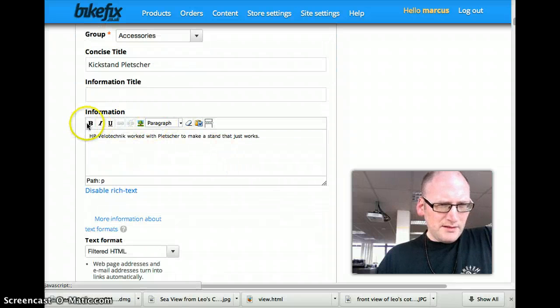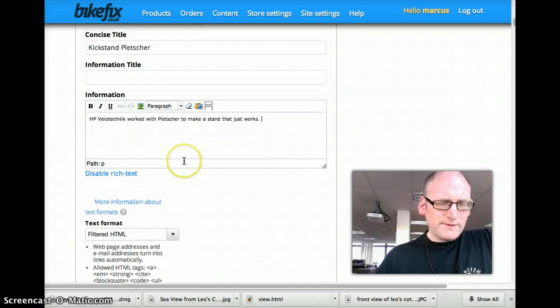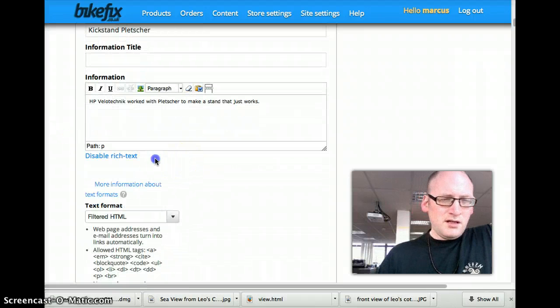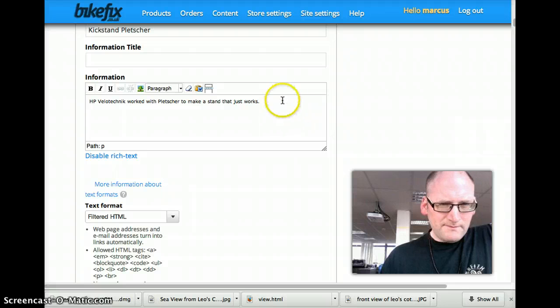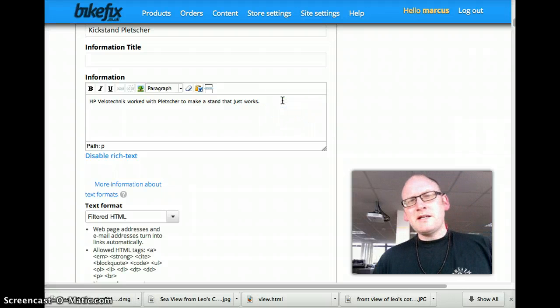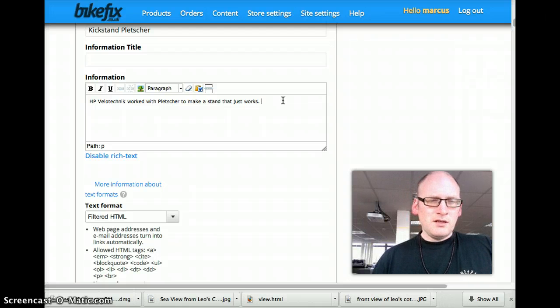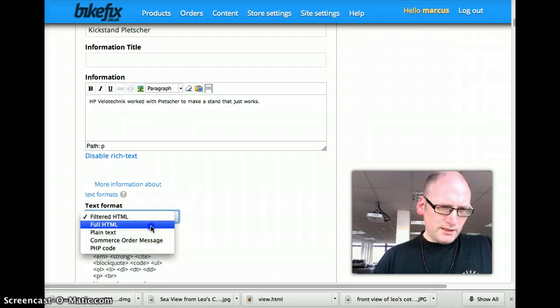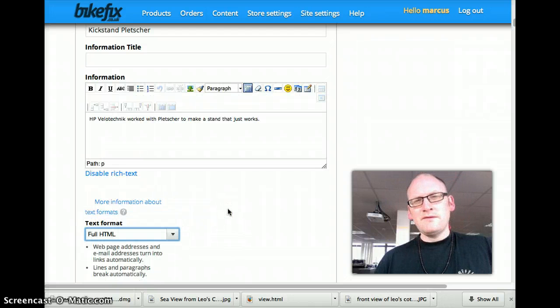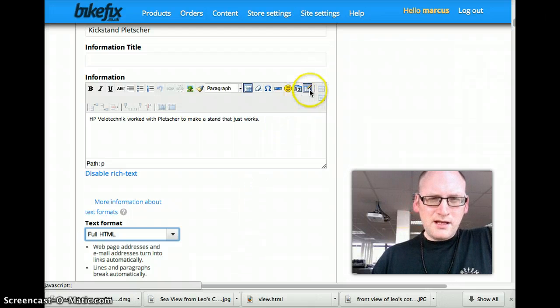So this is the basic HTML, which is filtered, to make sure you get nice output for the browser and the search engines and stuff. They're filtered, but you can also use full HTML, which is unfiltered, which means you can put anything you like in it. And I've added this table button just this morning,